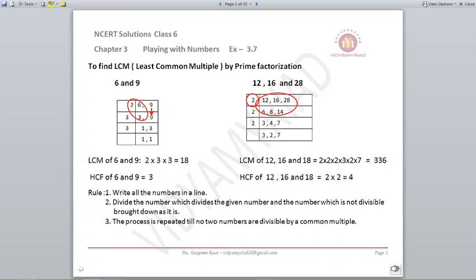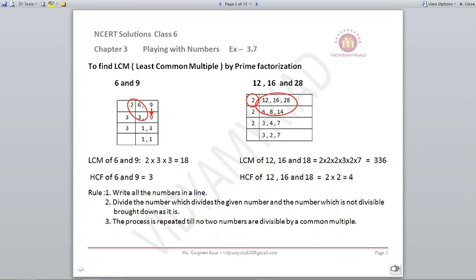Now in the next step, 3 and 9 both are divisible by 3. 3 1s are 3 and 3 3s are 9. And the last, only 3 is there, so we can definitely write 3. It will be done with 3. So at the last we are left with 1 comma 1.